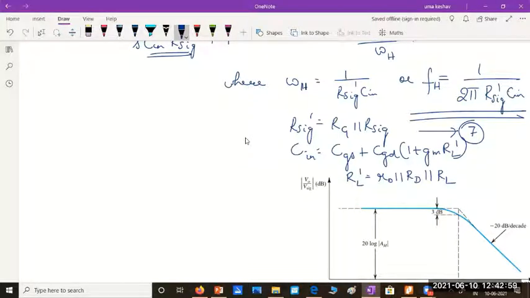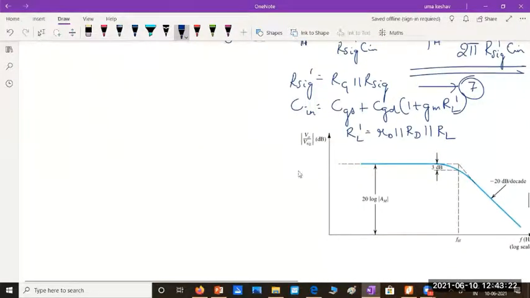See, as much as you practice it, it becomes easier. This is like maths. If you do it for one, for the next one, you'll be able to analyze similarly. Only thing is you shouldn't memorize without understanding the concept. You have to know how to solve, and then when you write and practice, you'll be able to do it for any number. See, the same thing, if I try to represent in the form of a graph, it will be like this. The frequency at which this gain falls here, this point, why will this be 3 dB?